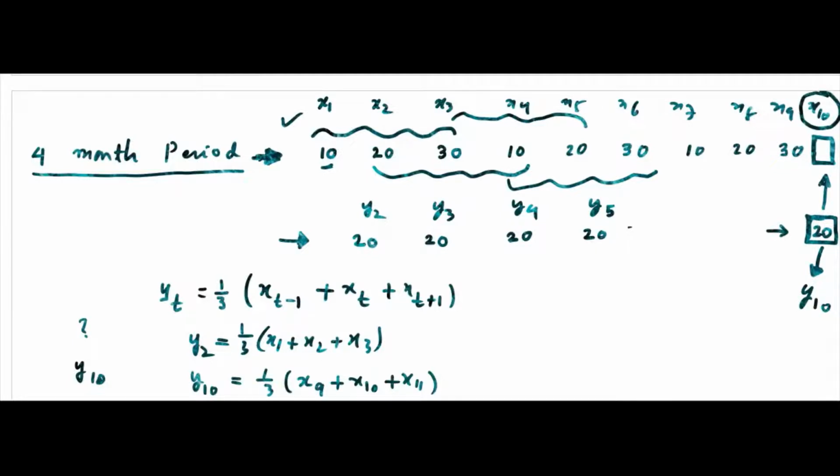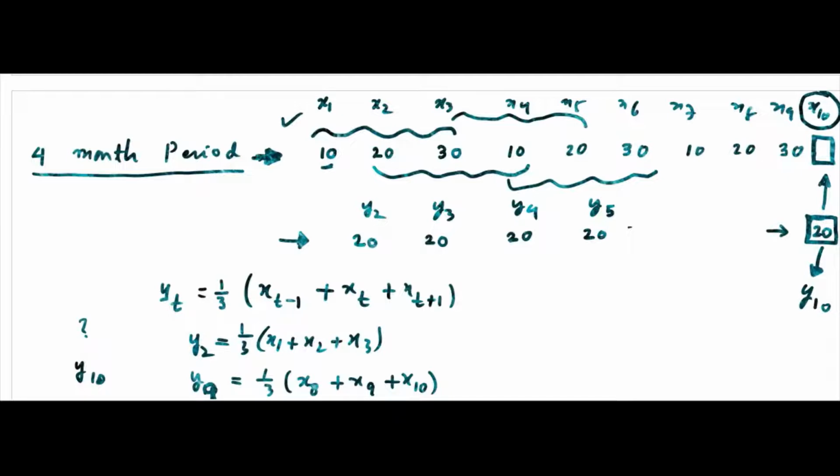Okay, so 9, 10, 11 I have to take. If I take 8, 9, 10, okay, 8, 9, 10 I will take, better, let me write 8, 9, 10. Okay, that will be y9. So this must be y9, this must be y8. Okay, this is y8,